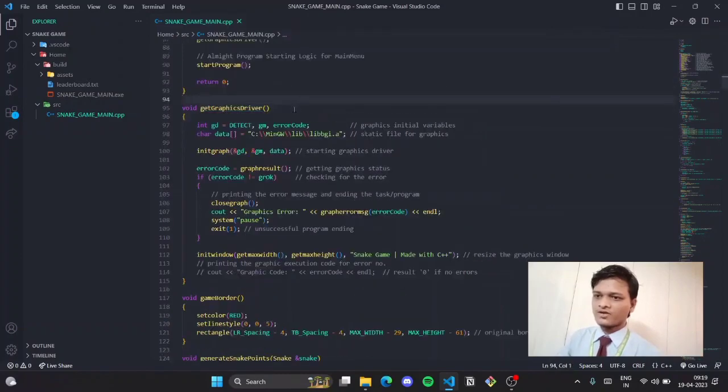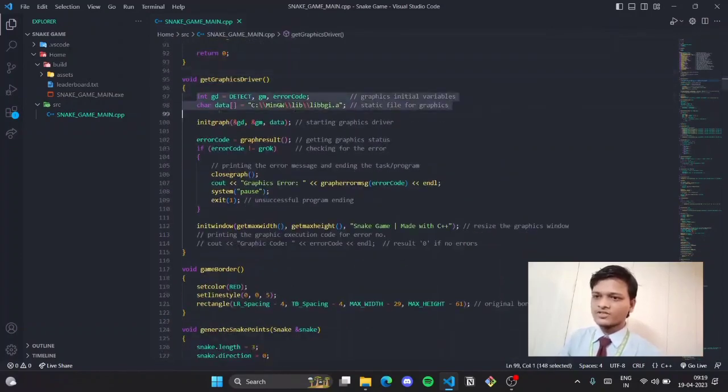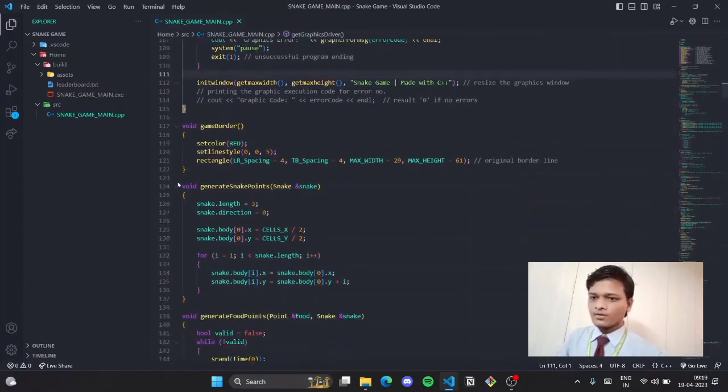So getting over this graphics driver function, where I have initialized all the graphics function, and this sets your game window to maximum height and maximum width according to your screen. Okay, moving towards our next function,